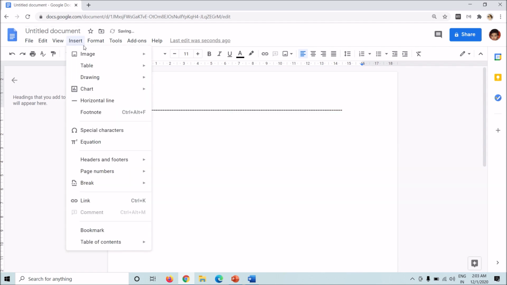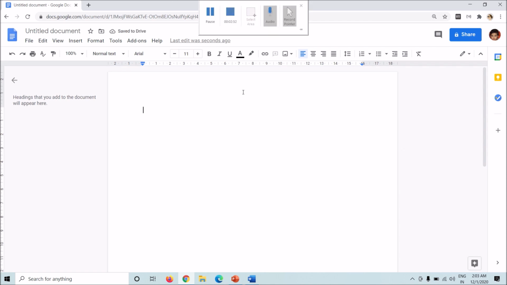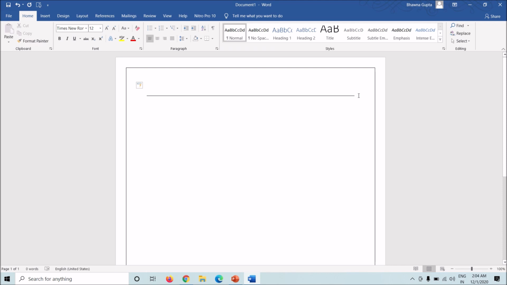What you need to do is insert horizontal line. This is where the Word and the Docs differ in horizontal lines as well. Now, as I was telling you how you should go about Word, let's move to some advanced methods which you can use in Word.